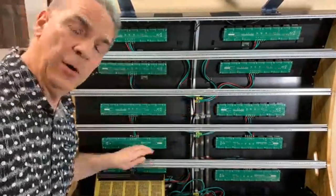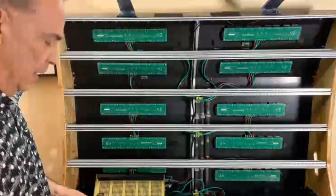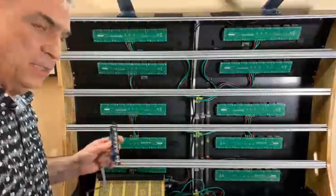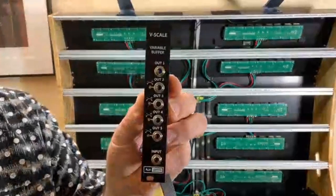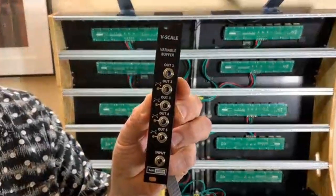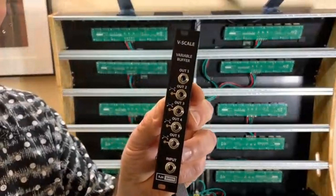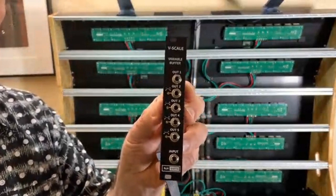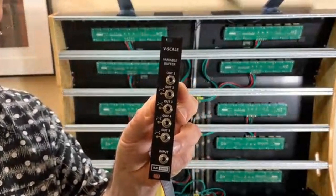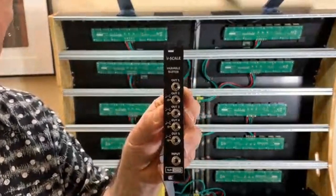And to keep them all in tune, which is the real trick. So I've littered throughout my system, and this is a few years old, AJH V scales. These are nice buffered multiples with trim pots on them. I'll pull up their website on that one. Fantastic, yeah. So if you cannot calibrate your oscillator perfectly, these give you an additional calibration control to change the